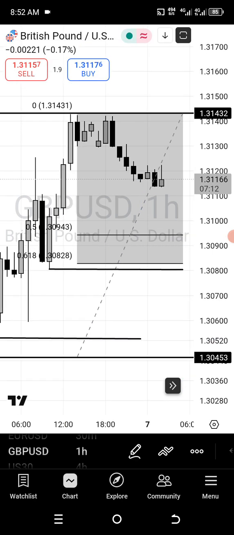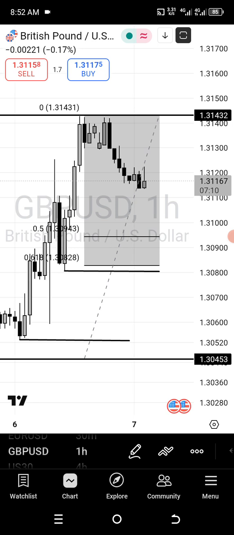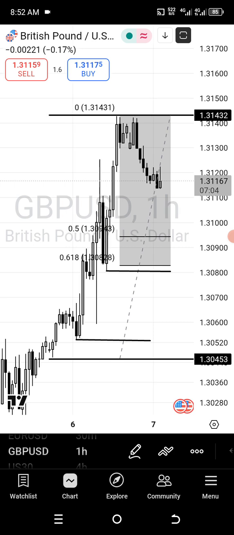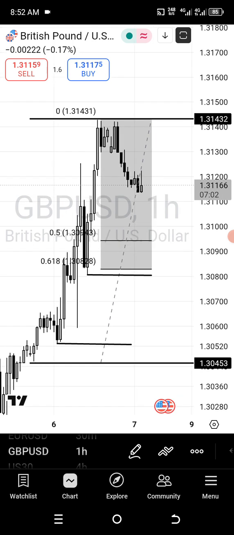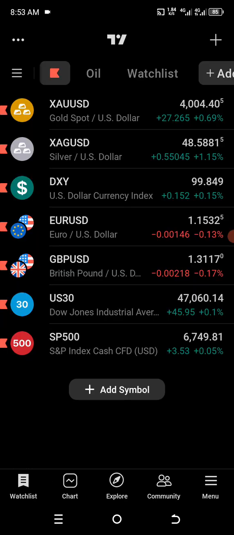You guys know my favorite entry models are Turtle Soup or Model Number 1 and the Kiss of Death. Those are my favorite entries. This is what I'm expecting to see. And you can see that EURUSD and GBPUSD are going in the same direction. That is because of their positive correlation. Okay, let me go to